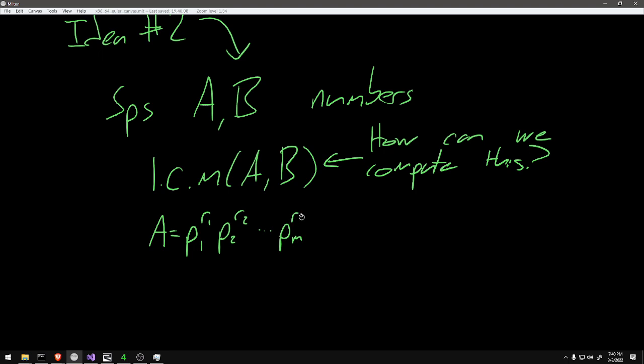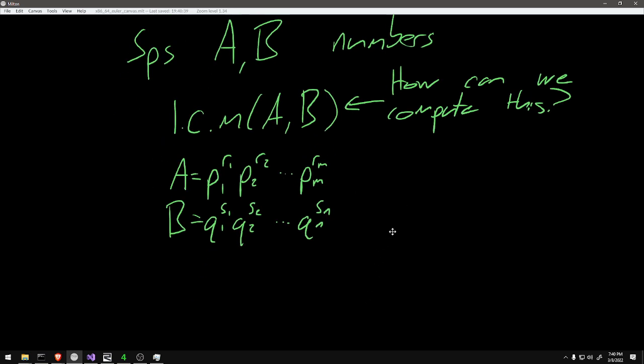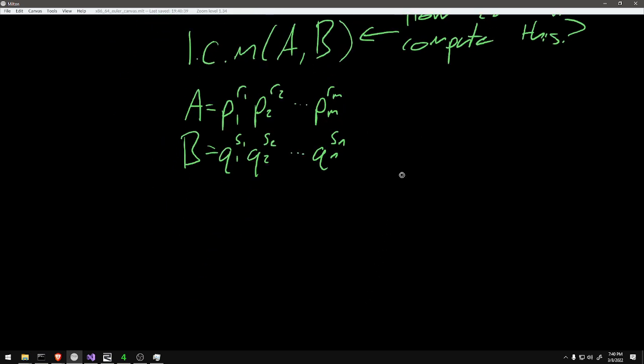P sub m to the r sub m, and B is, we'll switch to q, could be a different set of primes, q1 to the s1, q2 to the s2, right? It's its own prime factorization, qn to the sn. It might have a different number of primes, different prime bases, different prime powers, and the least common multiple of those two things is what happens when we multiply them together and then get rid of all the duplicates, right? So we kind of want to be able to say, if there are any things here that are the same, how can we,